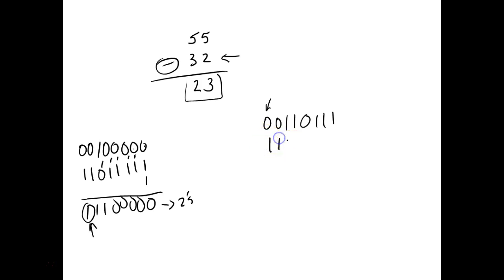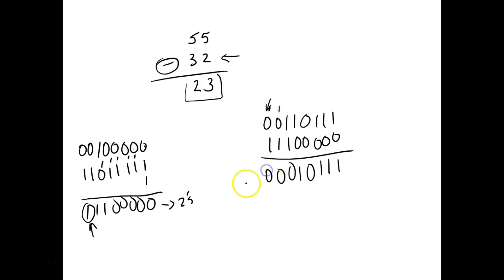I'm going to come up here and add these two, if I did the conversion right. If I know how to do math, right? Then I'm going to ignore the carry. So what's 1 plus 1? I'm sorry, 1 plus 0. 1, 1 plus 1. 1 plus 0. 1 plus 0. 0 plus 0. 1 plus 0. 1 plus 1 is 0 with a carry 1. This would be 0 with a carry 1. This would be 0, and drop the carry. Now hopefully this gives us 23.